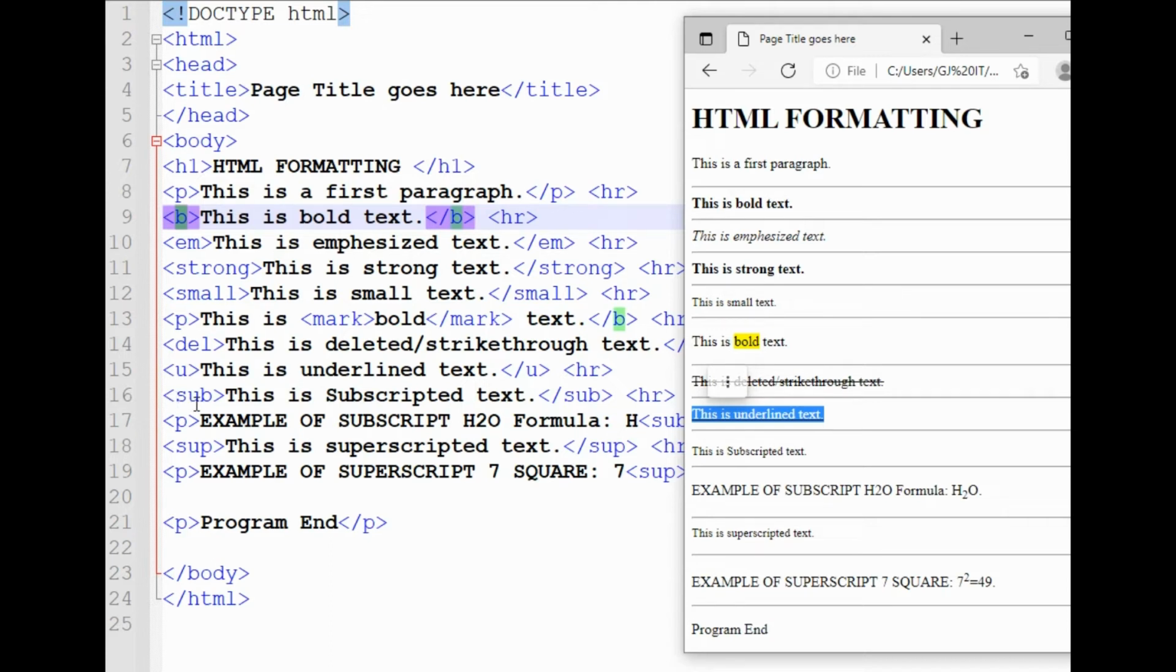Sub tag. So this is a subscripted text. I will give you an example in the next line of how the subscripted text can be shown in a web browser. So this is a subscripted text. Example of subscript text. I have put it here, H2O. You can see it is H2O,